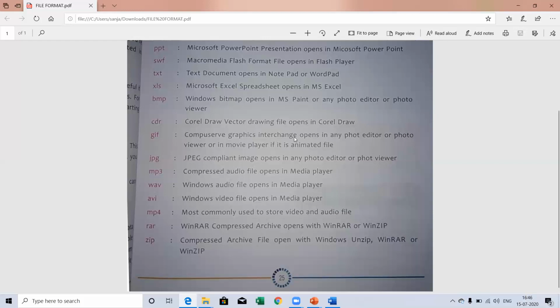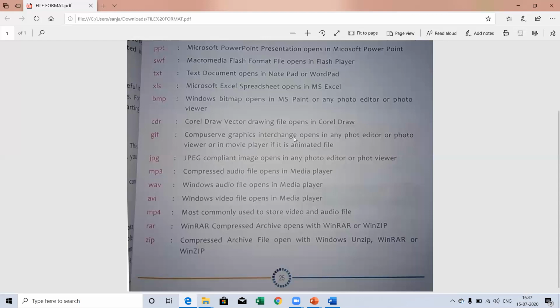Zip file is already clear from the name: you can compress your file. If the size of your file is large, you can zip your file, compress it, and when you want to open it, you unzip it.